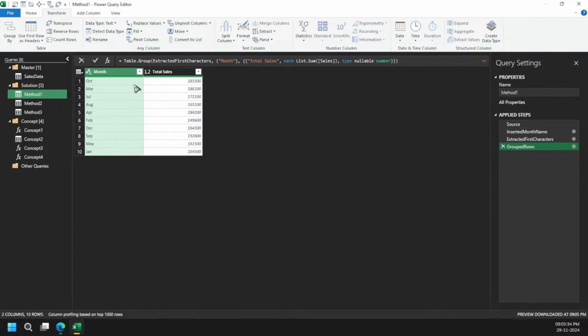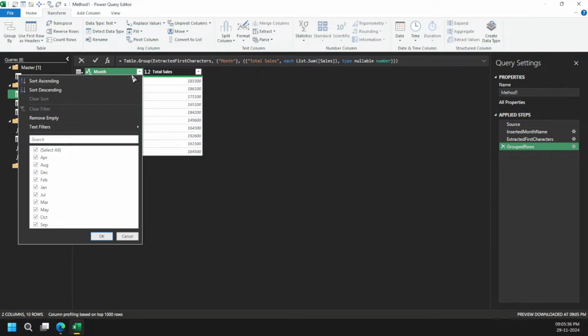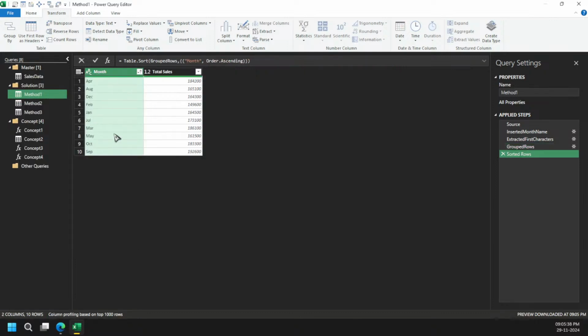So if I simply sort this way, you will see my data is sorting haphazardly, right? Because it is sorting character-wise, you can say text-wise. So that's not an option for us.